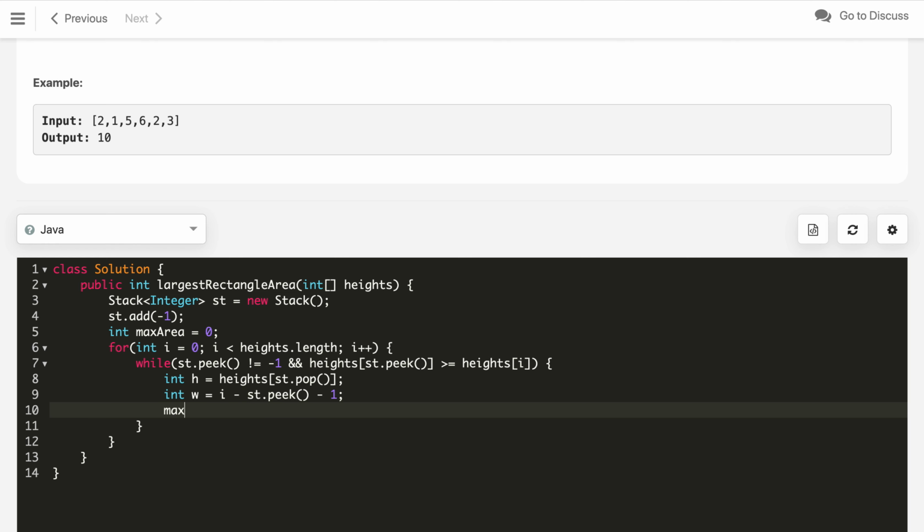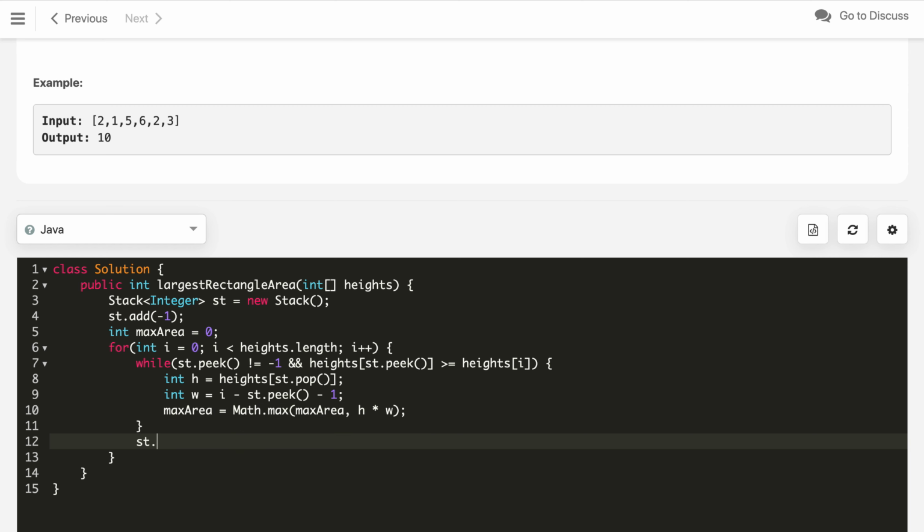Then we will update our maxArea by Math.max of maxArea itself and the area calculated from this rectangle. We will keep doing this, and after that we will add the new index i into the stack.